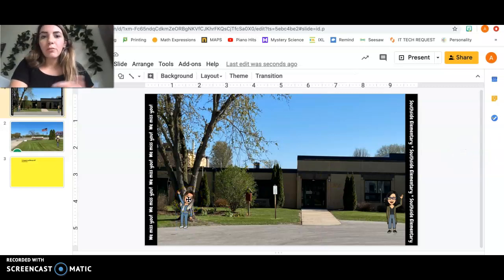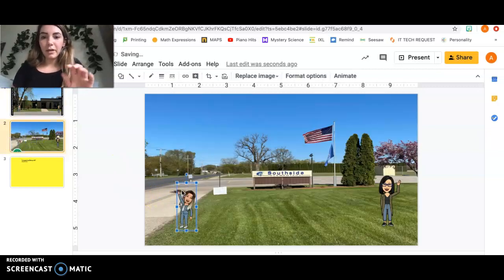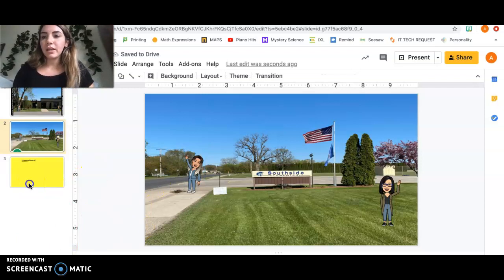Or you could do vice versa and bring it forward too. You can also rotate it. Click this little dot right here and rotate that guy. You can do that as well. But then let's say I just want to do the same thing. I would just copy and then paste that bad boy right there. Looks good. I'm gonna have him way over here. Perfect. So that's how you add a Bitmoji to the document, and then she wants us to add